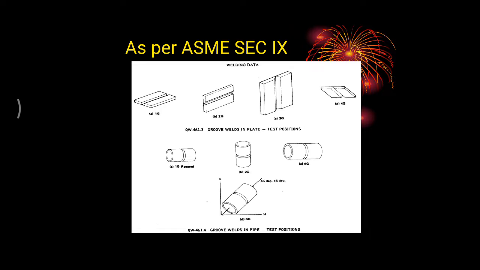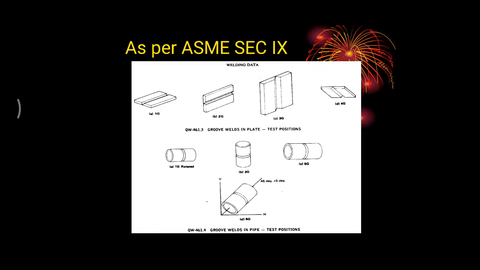So here the 1, 2, 3, 4 numbering is not valid because it is a curvature. The welder starts welding and the job is fixed. That position is called the 5G position. And next, the 6G position. It is very tough to weld and the welder should be highly qualified to do this kind of welding. Here the job is held at 45 degrees and is continuously rotated, and the welder is welding at that time also.